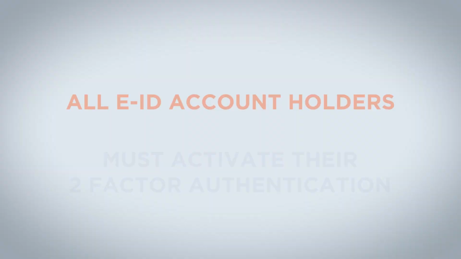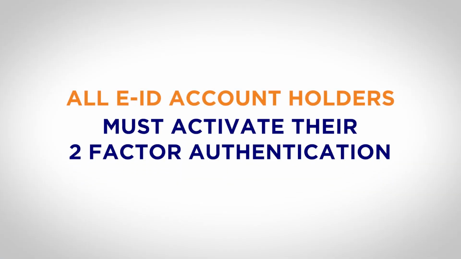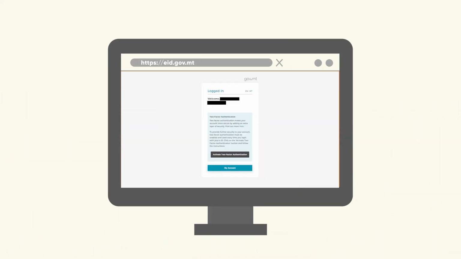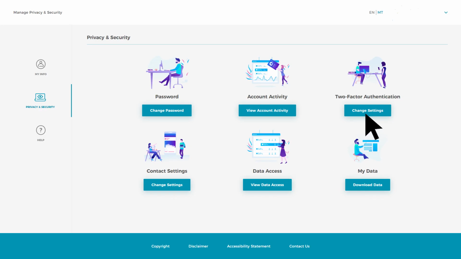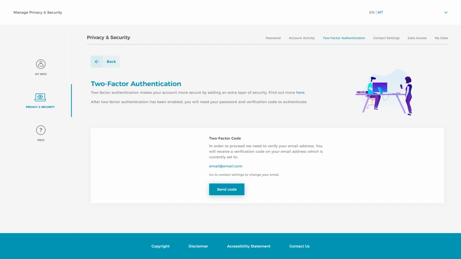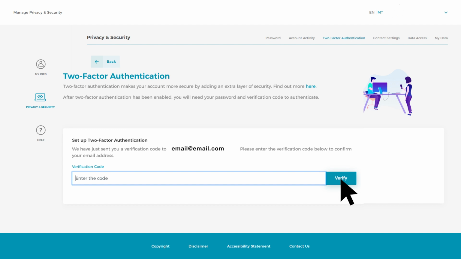All eID account holders must register and activate their two-factor authentication. A notification message will appear to activate your two-factor authentication. Click on Activate Two-Factor Authentication and you'll be redirected to enable this setting. Before proceeding any further, you'll need to verify your email account by entering the one-time verification code sent to your